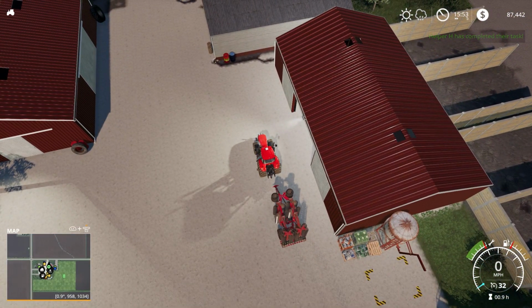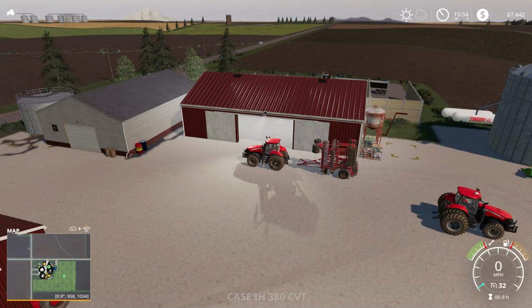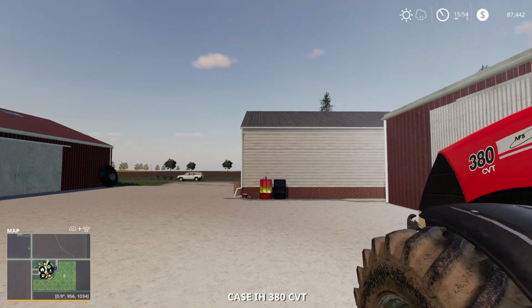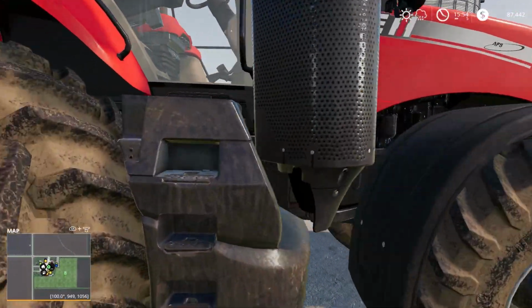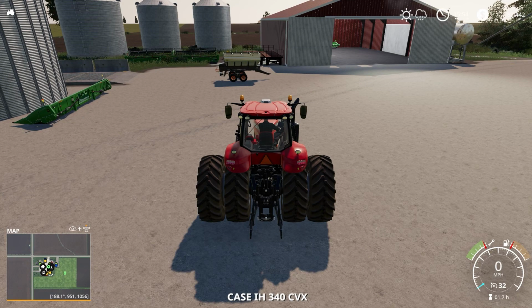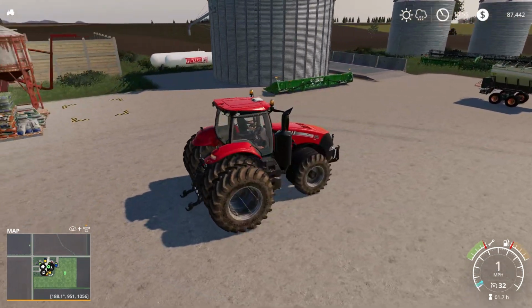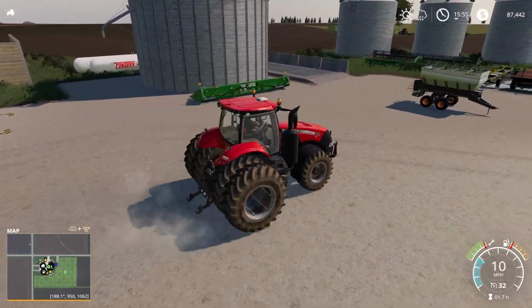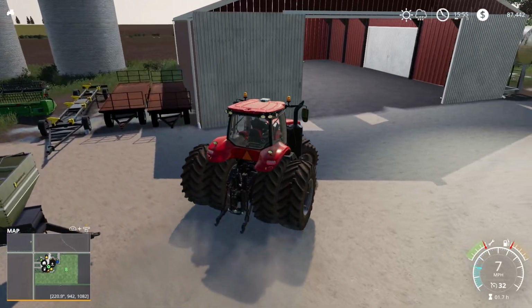Alright, so I don't think I need this big boy. Well, I do need to shut it off. There we go. What is this? I think this is the 340. Oh, I got it right. Hot diggity. So, okay, let's see if we can figure out if we got any lime anywhere, or are we going to have to go buy some